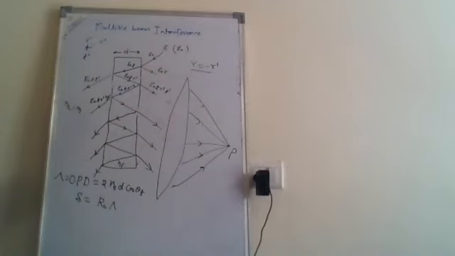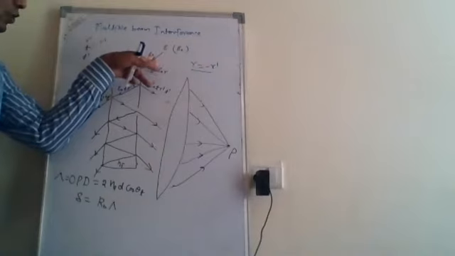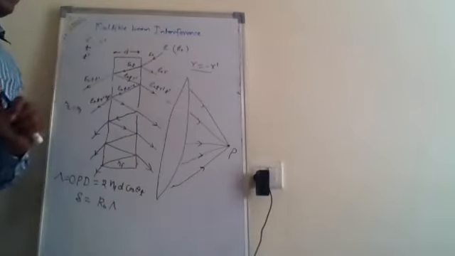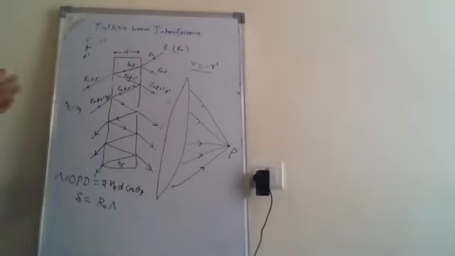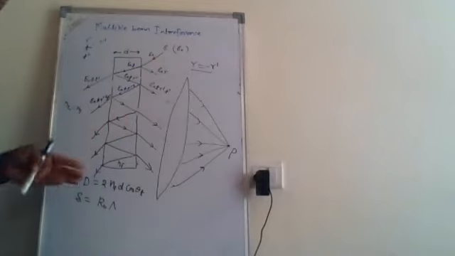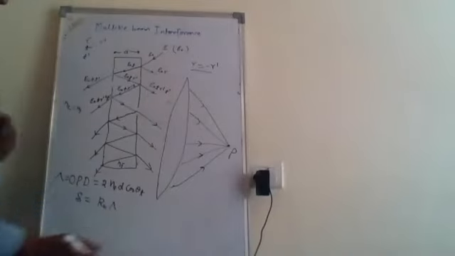Also there are two components we can see of the incident light. This is the incident amplitude, and it has two components. One component is perpendicular to the plane of incidence, and one component is parallel to the plane of incidence. I have discussed earlier what the plane of incidence is. Okay, so let me briefly describe here what the plane of incidence is, and then you can understand what the perpendicular component is and what the parallel component is.